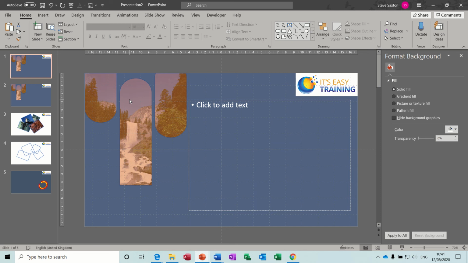Hi guys, welcome to this session on Microsoft PowerPoint. In this module, I want to have a quick look at how you can create your own layout slides in